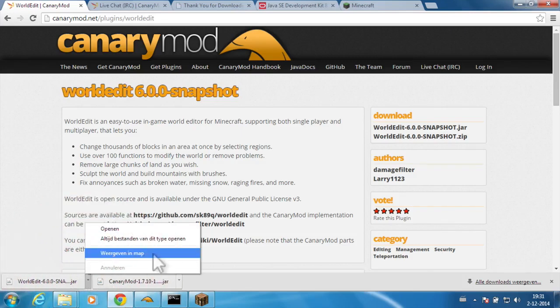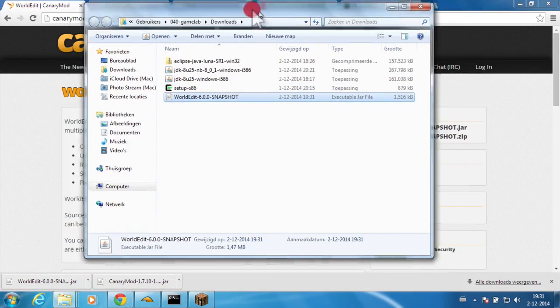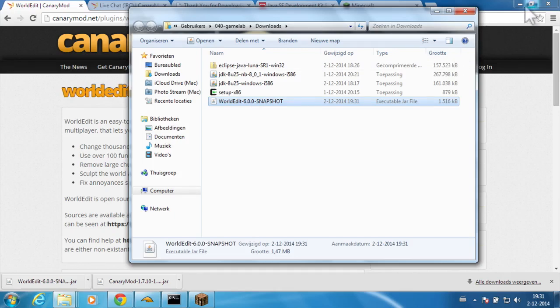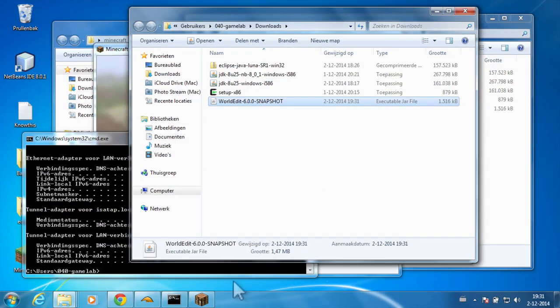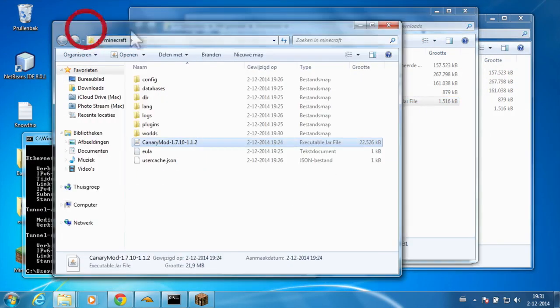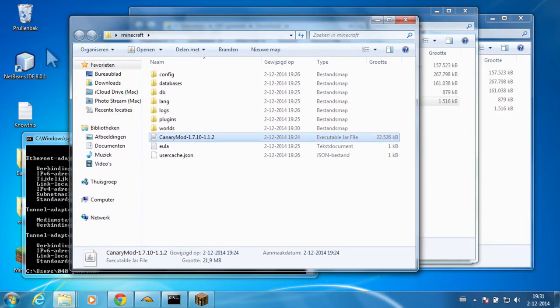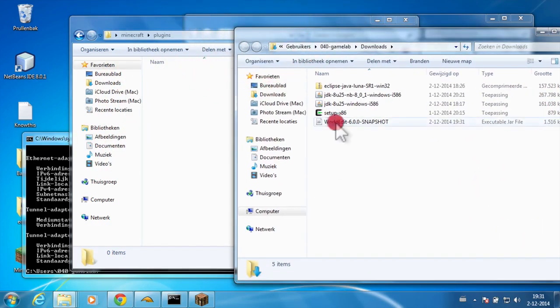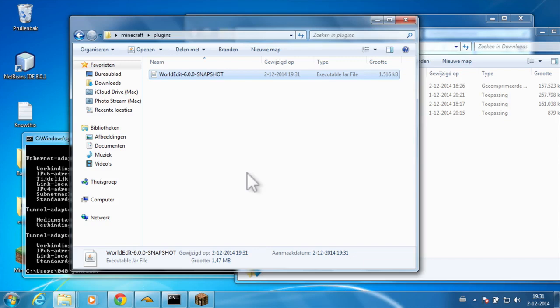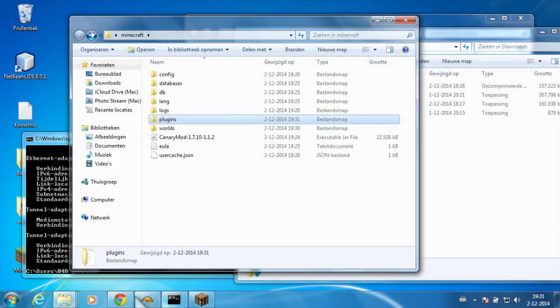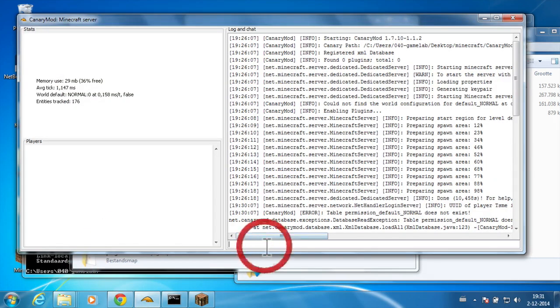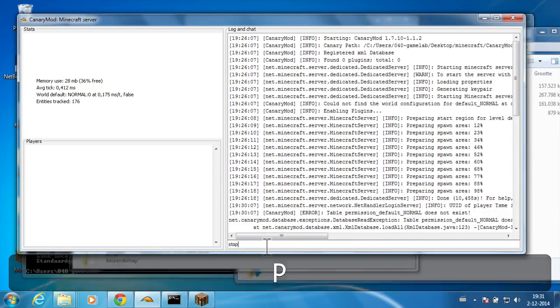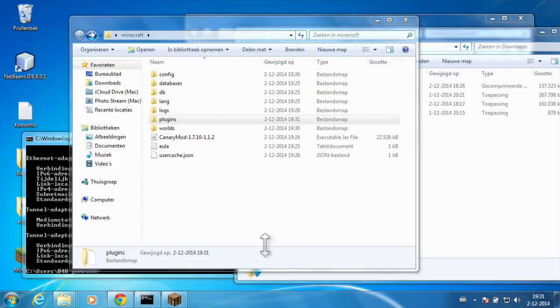And I'm gonna download it. I'm gonna show it in my downloads directory here, World Edit, and I'm going to go to my Minecraft directory inside my desktop. There's a plugins directory, and I need to move my World Edit inside that plugins directory. Whilst I'm at it, I'm just gonna press stop there, my server,